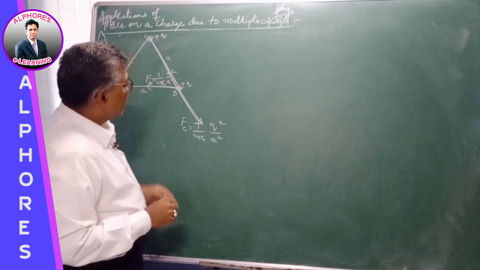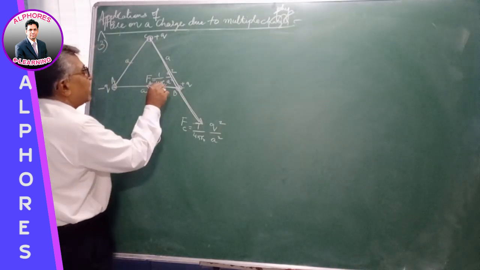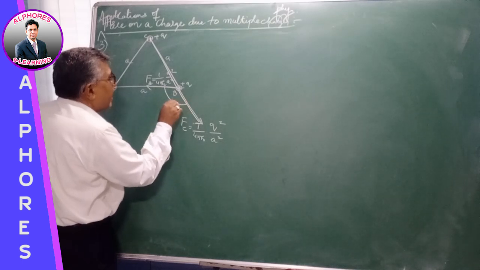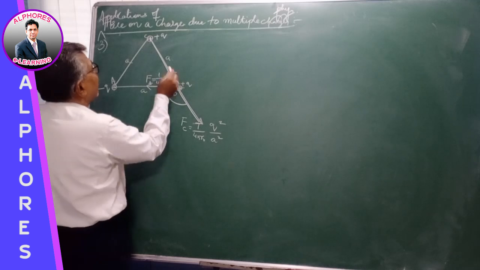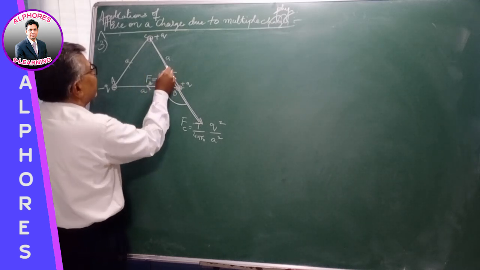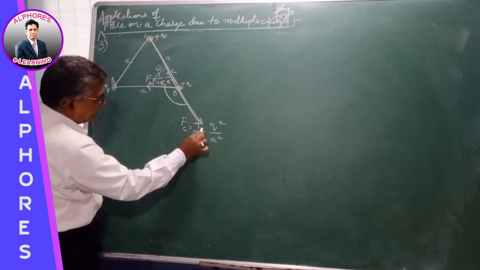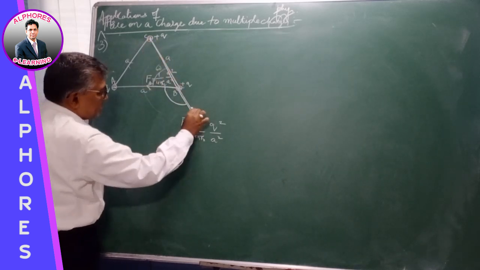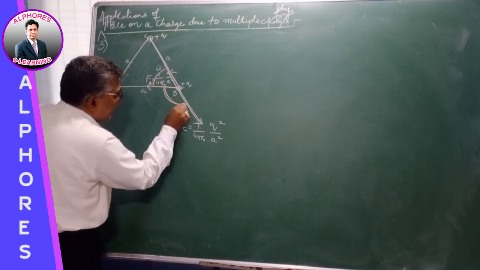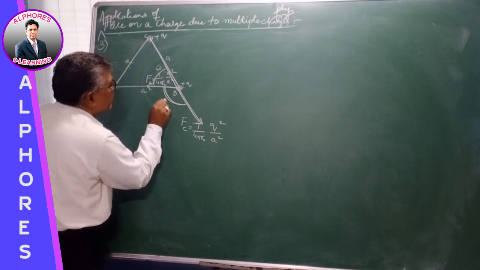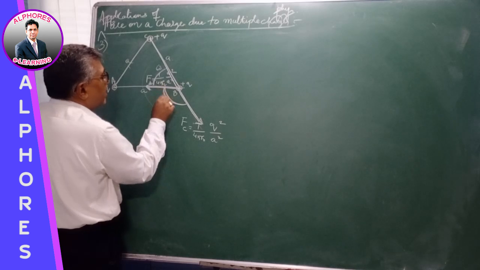Now, these two forces are neither in the same direction nor in opposite direction. Now they are at an angle. This is the angle between the vectors. What is that angle? We know in an equilateral triangle, all the sides are equal, all the angles are equal. So this angle is 60 degrees. But you know this is a straight line. If this is a straight line, the total angle is 180 degrees, of which this is 60. So the remaining angle is 120 degrees. So the angle between the forces, this and this, is 120 degrees.